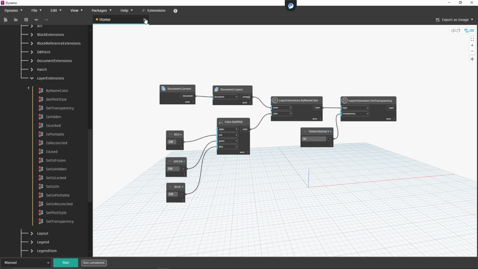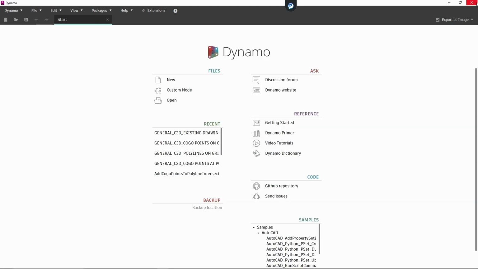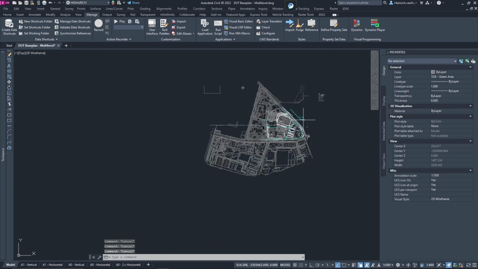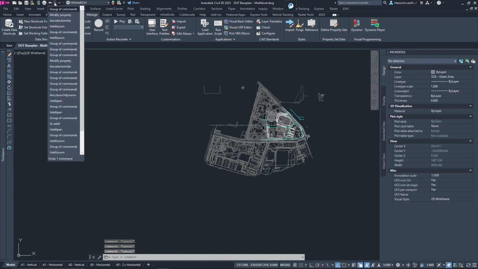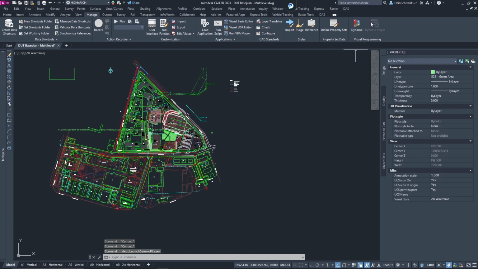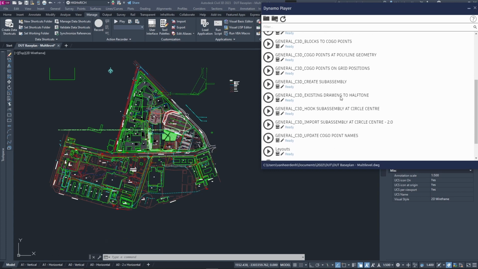So I've created this script before. I'm just going to close this one, and I'm not going to save it. I'm going to show you an example of the one that I've created, which runs inside of Dynamo Player, right? So I'm going to undo all of this, all the way to the start, like that. And I'm going to show you my Dynamo Player script that I wrote, the exact script I just showed you. So that's called existing drawing to halftone. So it's this one, you click this block over here,